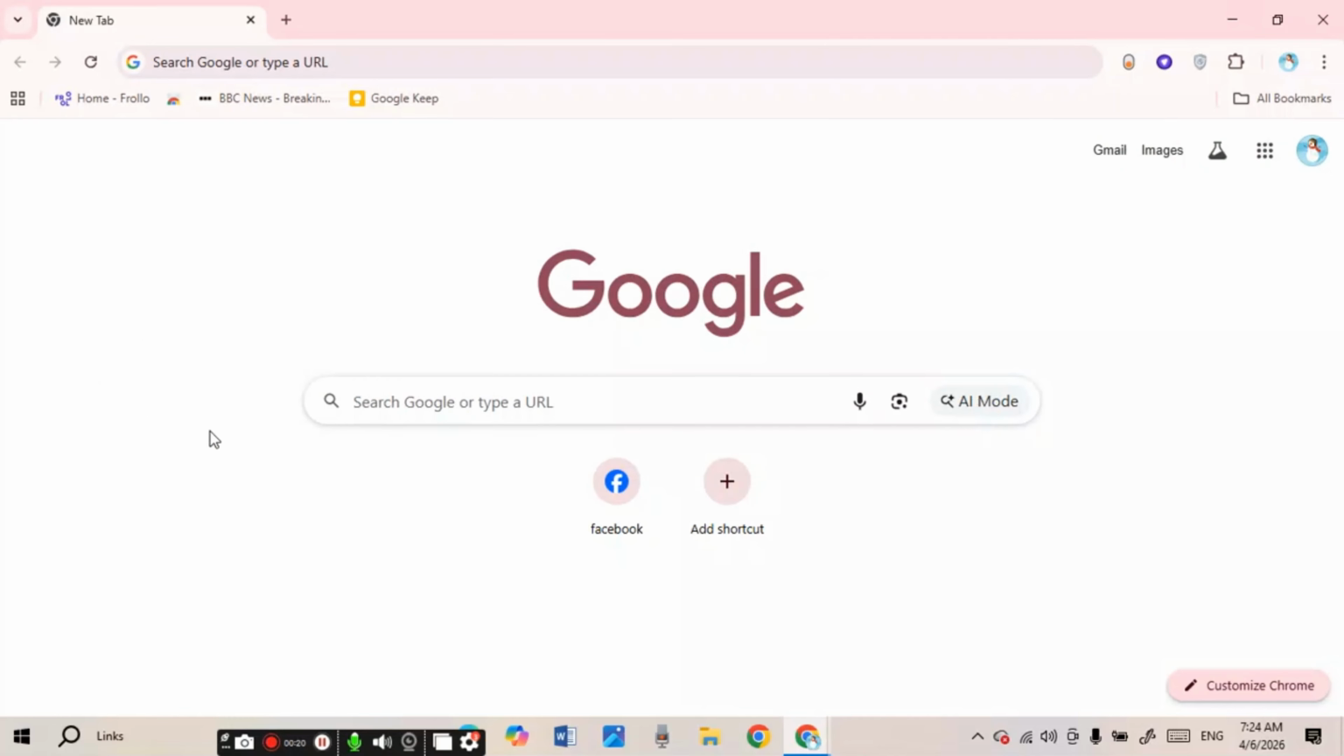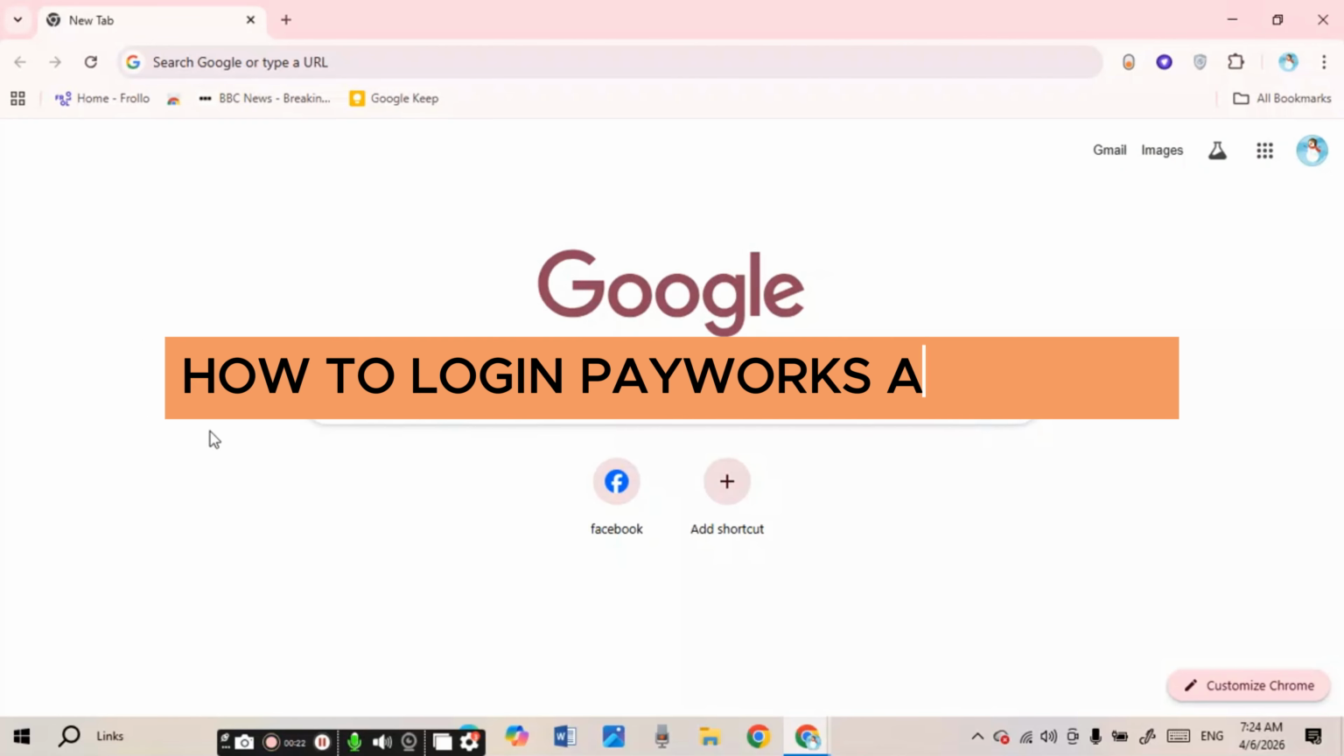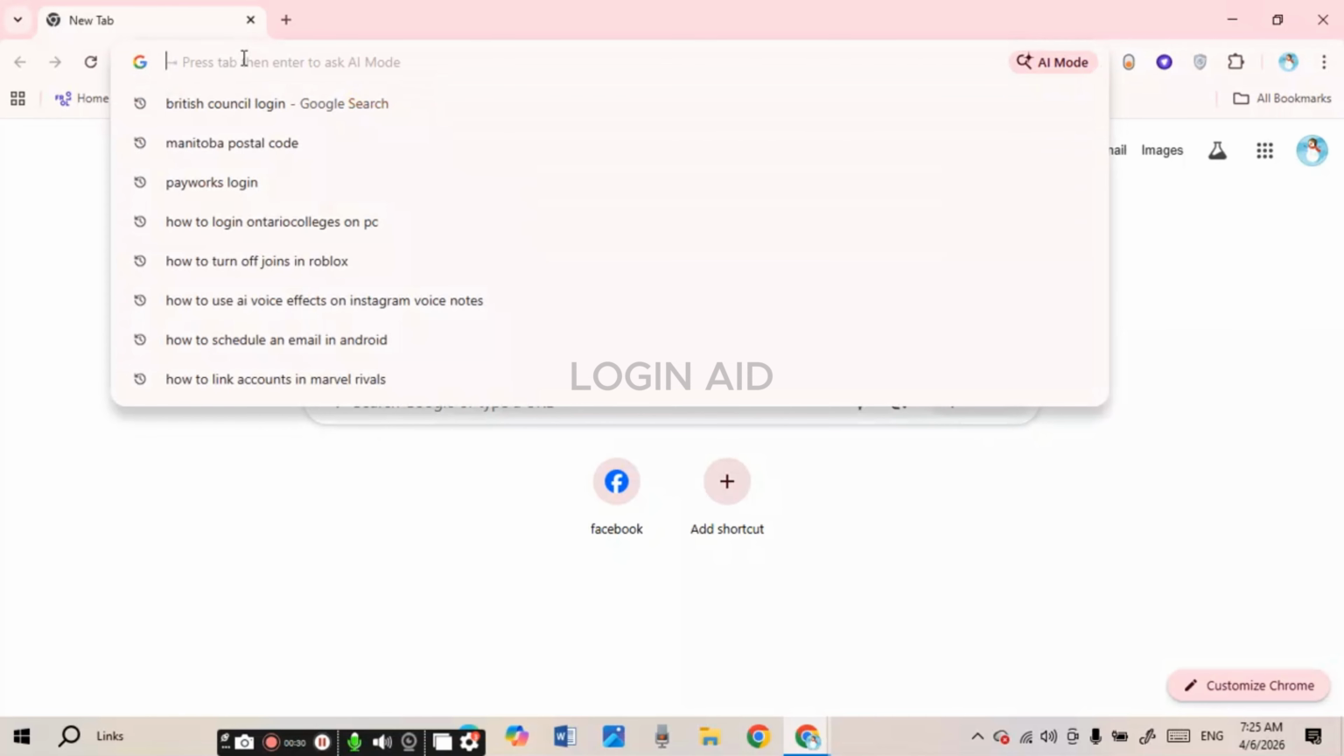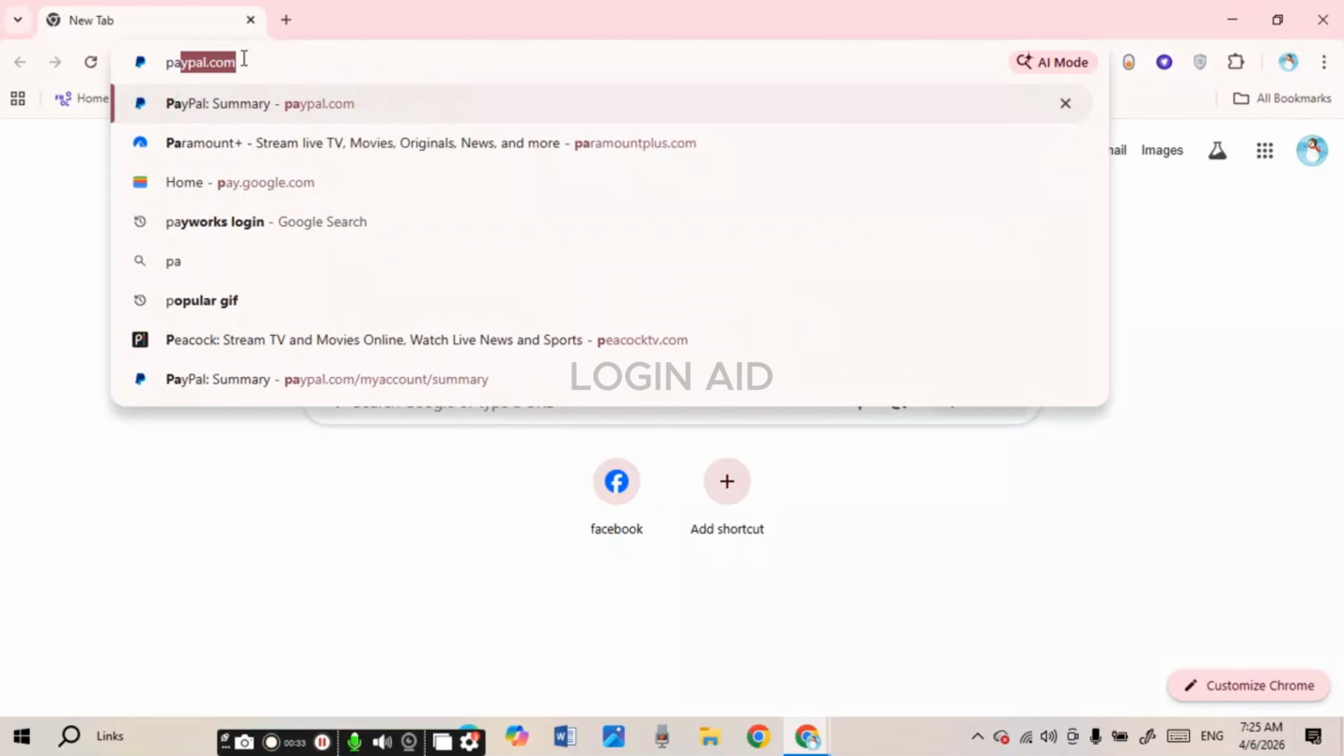In today's video, I'll teach you how to log in to a Payworks account. First of all, launch or open any browser of your choice. You can see over here I've opened Google Chrome. Now click on the search bar and type in this link